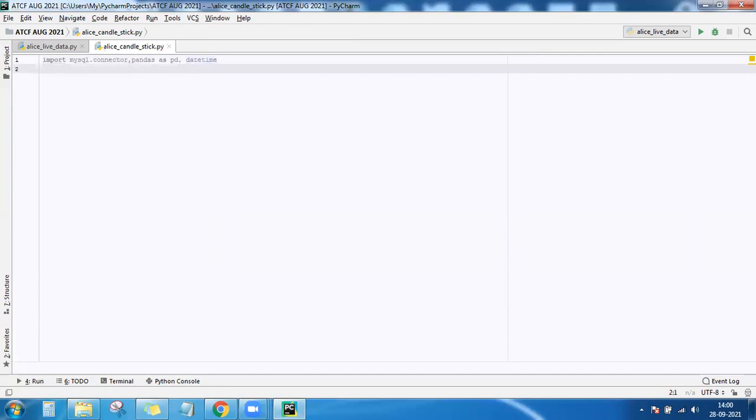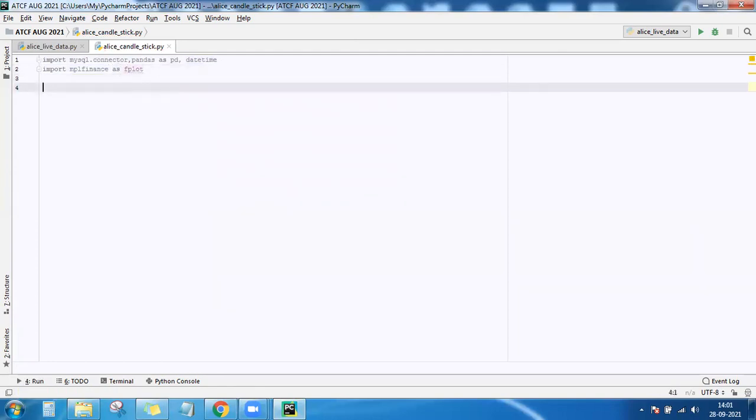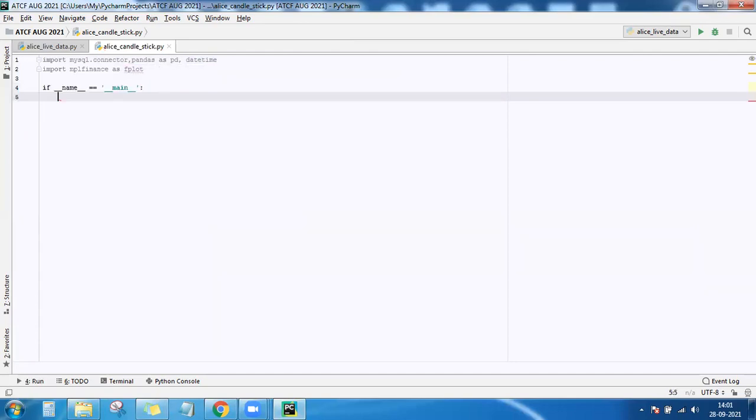Then in order to plot it, mplfinance. Now within this main program, establish the connection.